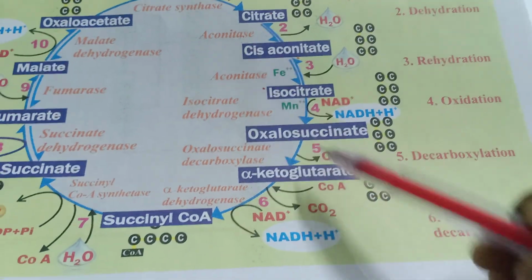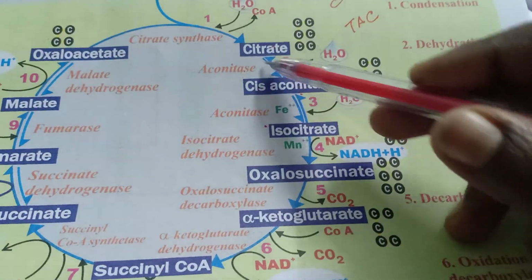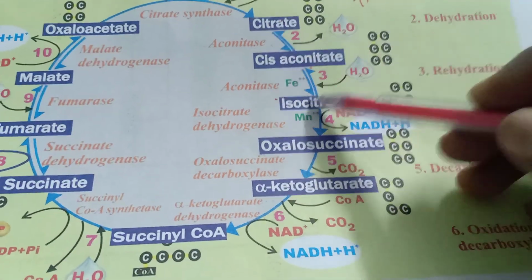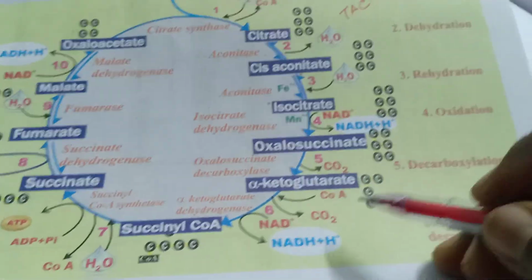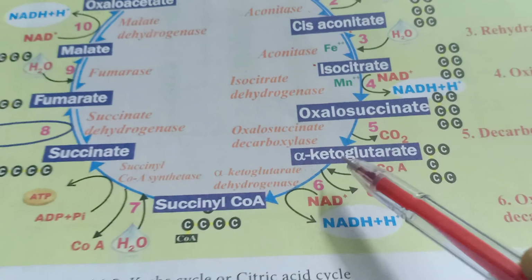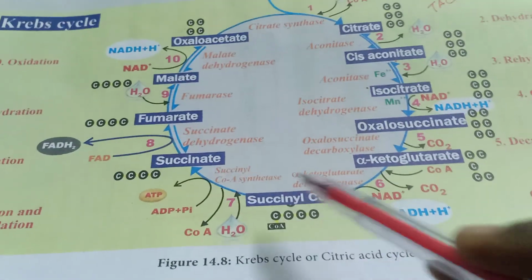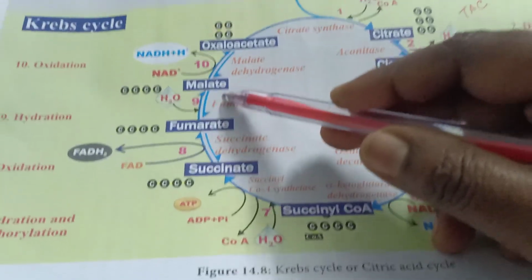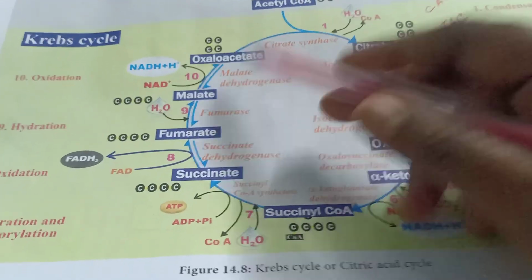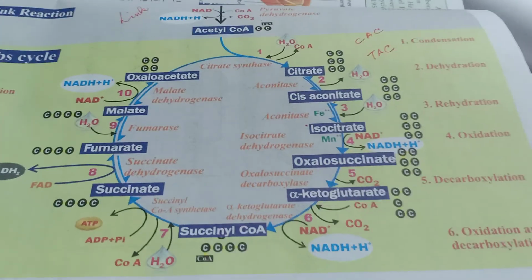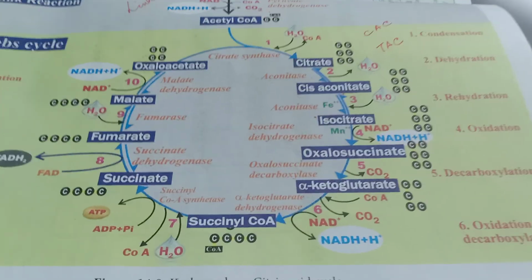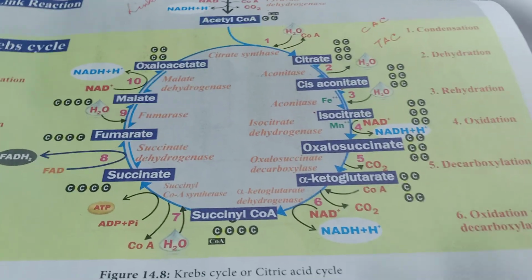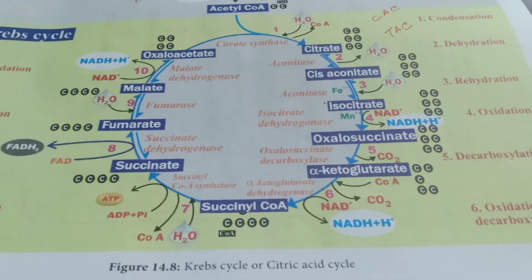Then it is converted to oxalosuccinate. These 3 are interconvertible and they are isomers, and therefore it is called the TCA cycle. Converted to alpha-ketoglutarate, succinyl coenzyme A, succinate. Succinate turns to fumarate, fumarate to malate, malate to oxaloacetate. If I were a chemistry teacher, or if it were a chemistry topic, I could go through all the reactions. This being a biology subject, it's sufficient if you learn the names, the enzymes and the compounds. That is more than enough.